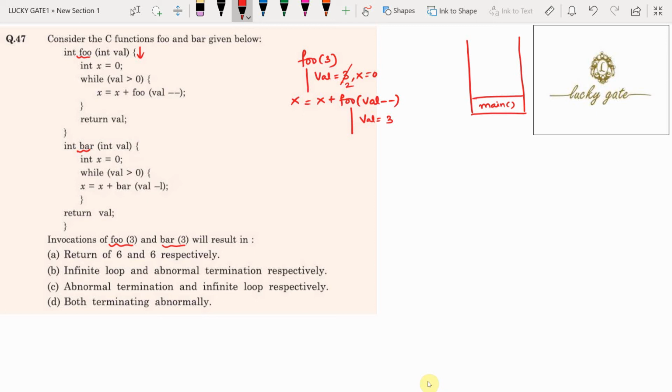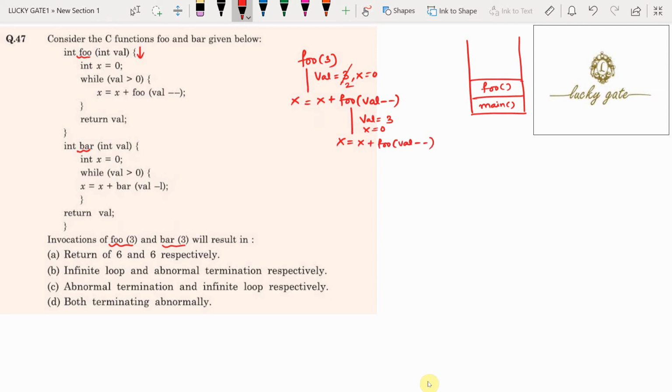Now this foo function, in turn, is calling foo of val minus minus. It means it is going to create one more activation record for foo. Again val equal to 3, x equal to 0. Then in the while statement we have the statement x equal to x plus foo of val minus minus.